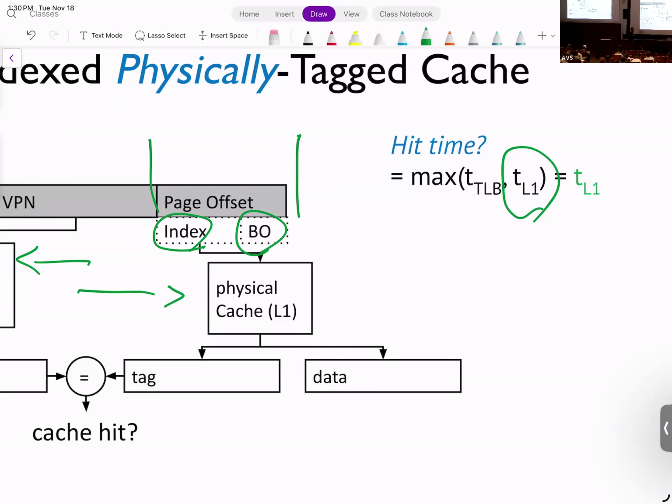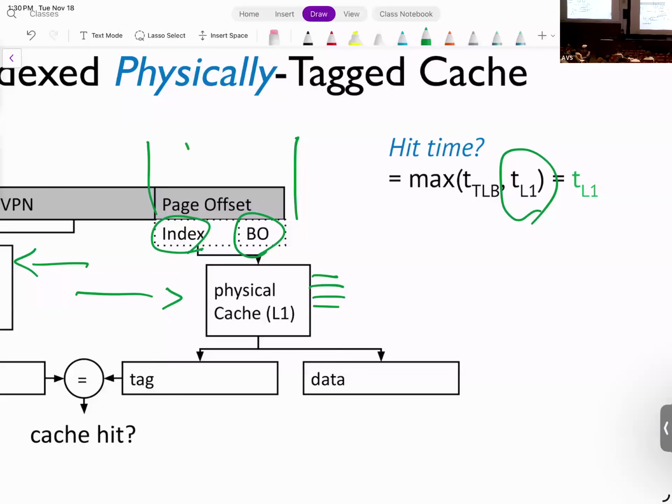Yeah. Say it again. No. So there could be many. So the question is that is there one page in the L1? No, there could be many pages, but it's one page offset per L1 cache. Right? So for a given page offset, you will bring one block of the cache. The tag might be for this page or it could be for many other pages. You compare that tag to make sure that this is indeed for the page that you store.